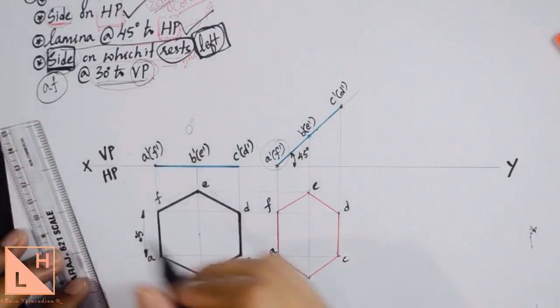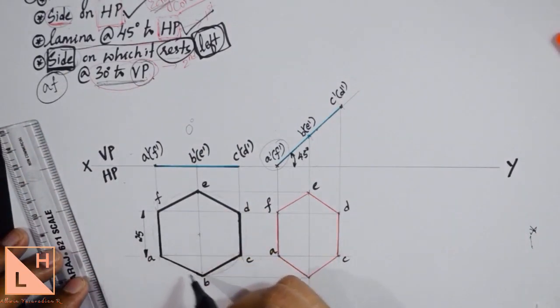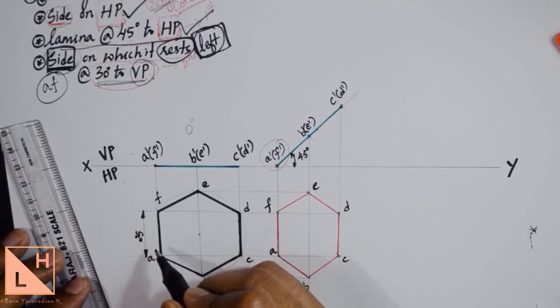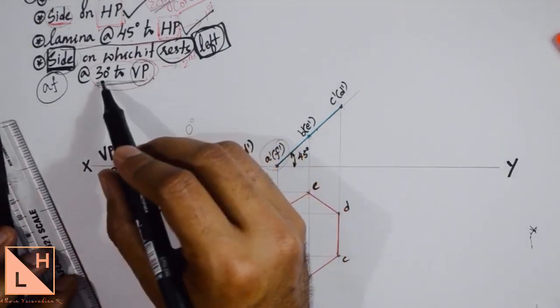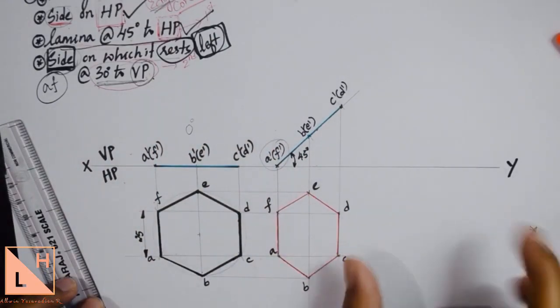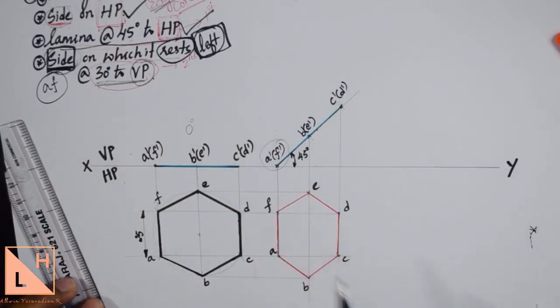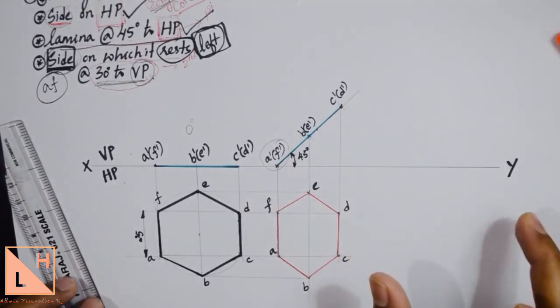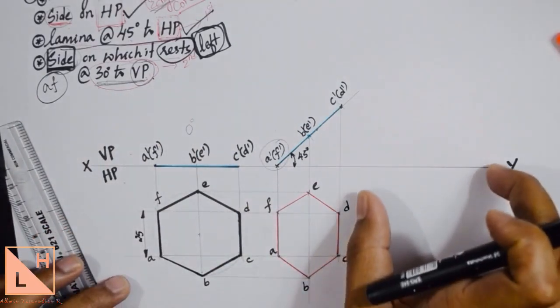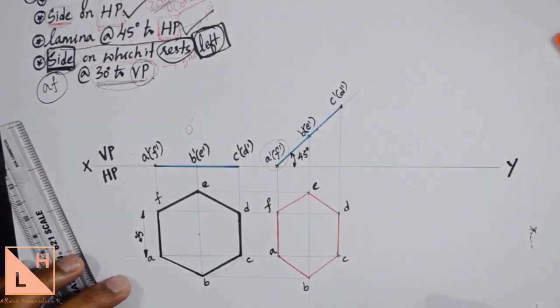It is going to vary depending on how you name it. I have named it AB in anti-clockwise and F ends with F. So AF is the side on the left. So AF has to be inclined at 30 degree to VP. Now before we go to the third position, it is always required that you check whether you're going to get the apparent angle over here or not, or whether the apparent angle is given in the question or you need to find it, or whether no apparent angle exists, right? So how do we do that?